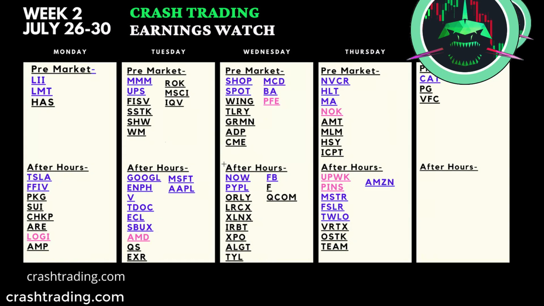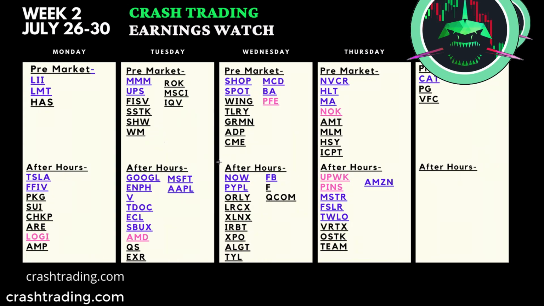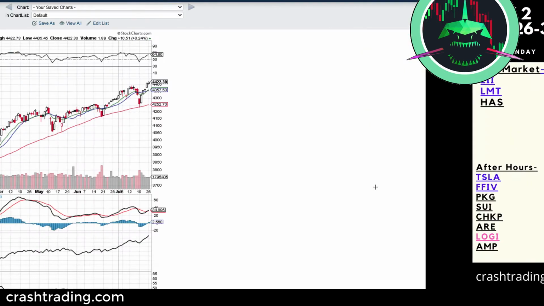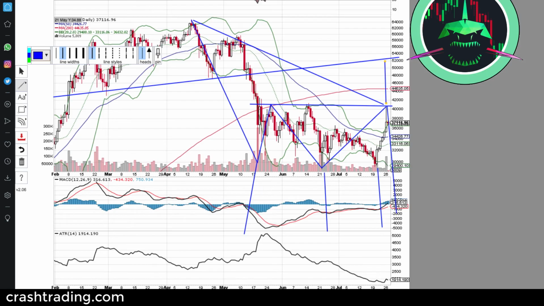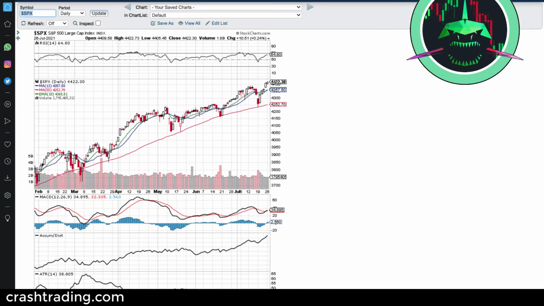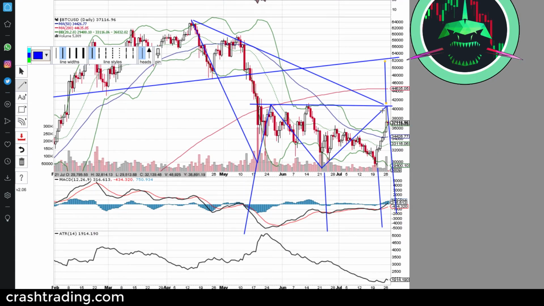But once again, that's not going to last forever, as earnings season comes to an end, and as all these companies that we see right here, Tesla, Google, Enphase, Microsoft, Apple, Amazon, report earnings, well, that's the peak of company growth. So it should most likely lead to a peak in the market heading into the fourth quarter of the year. So I hope you can see the timing of this. I hope you can see how that rejection puts us in that exact zone of, hey, the market's likely about to reverse a little, switch to a bear market, and that's just going to add that much more pressure onto